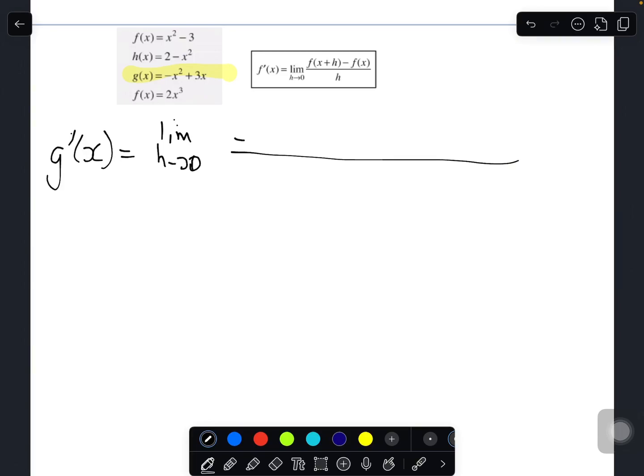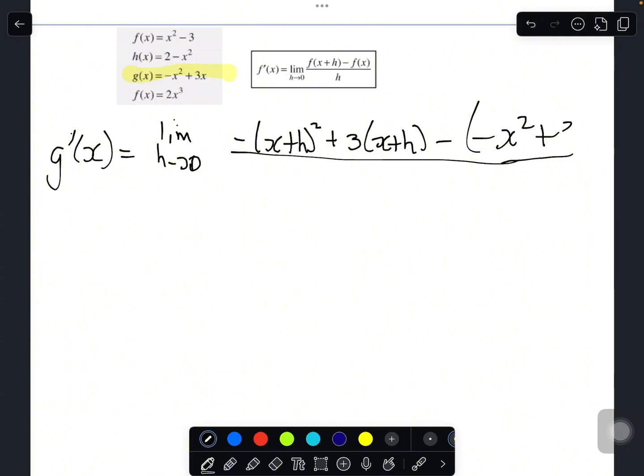So I'm going to have negative, open brackets, x plus h all squared plus 3 into x plus h minus, and then I'll just open the brackets here, negative x squared plus 3x